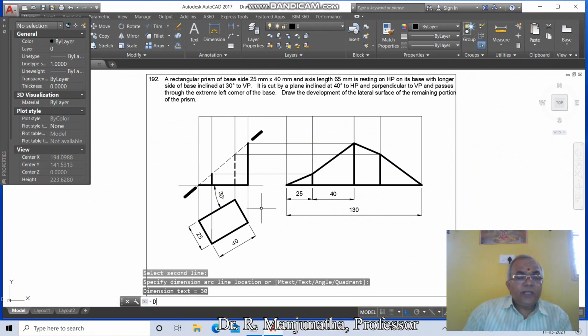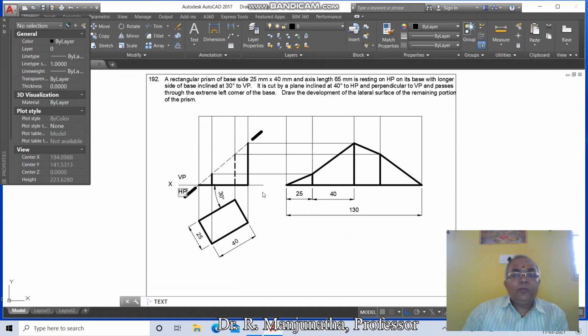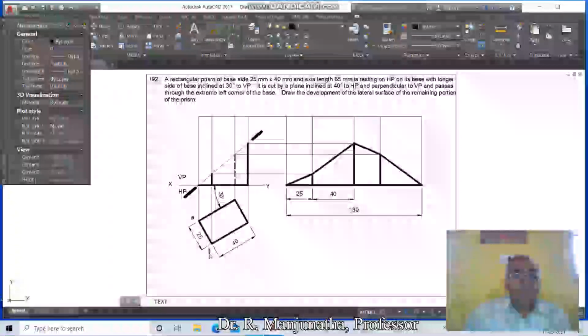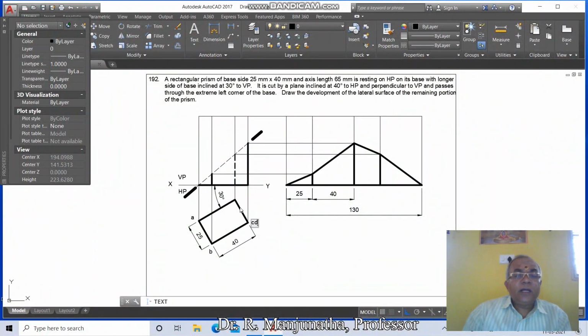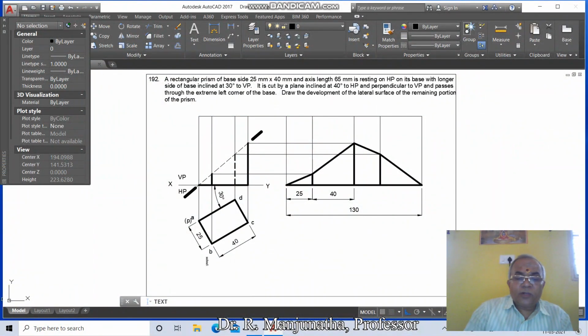Now we go to D text, click on this, you mark this as capital X, you mark this as VP, you mark this as HP, you mark this as Y, and here you mark this as A, small letter A, B, C and D. Then again in this you mark it as small p in bracket, all are in bracket which is at the bottom.